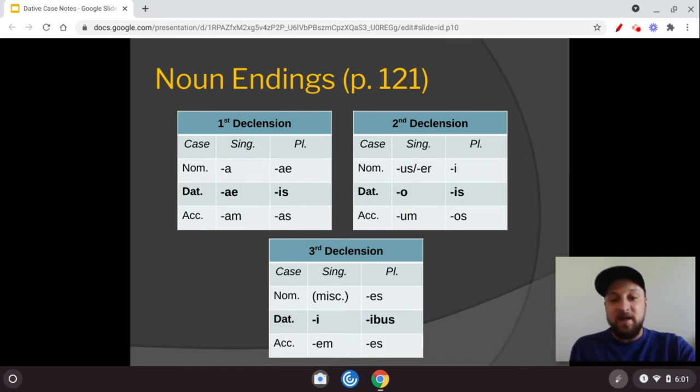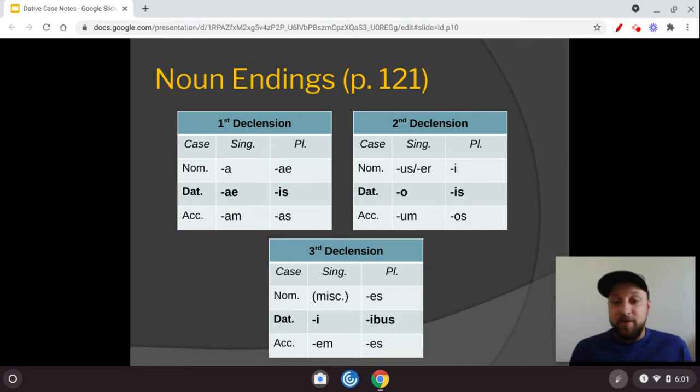Same thing here with the dative singular is I. For example, you have a form like mercatori. Mercator is a merchant. Mercatori is dative singular, so it means "to or for one merchant." But up here, a word like servi would be the slaves as the subject, nominative plural. So it is tricky, and this is where you're starting to see real Latin. And really what makes Latin tricky is that you use the endings, but they're not all unique. They're not all exclusive. And so this is why I teach the dative contextually, because if you have